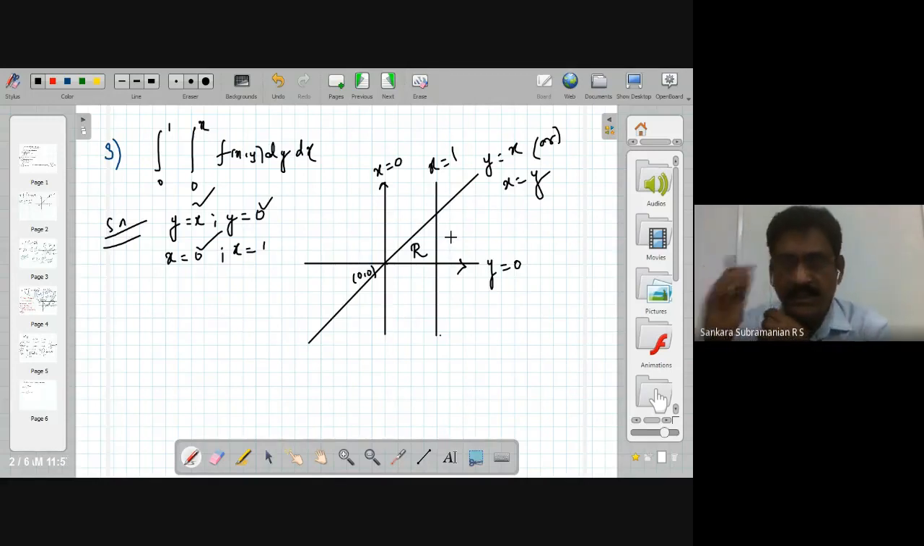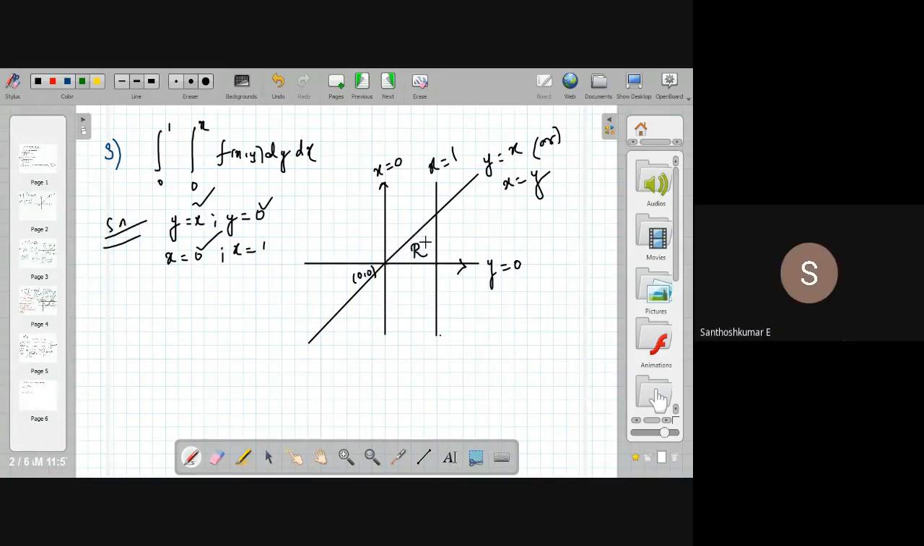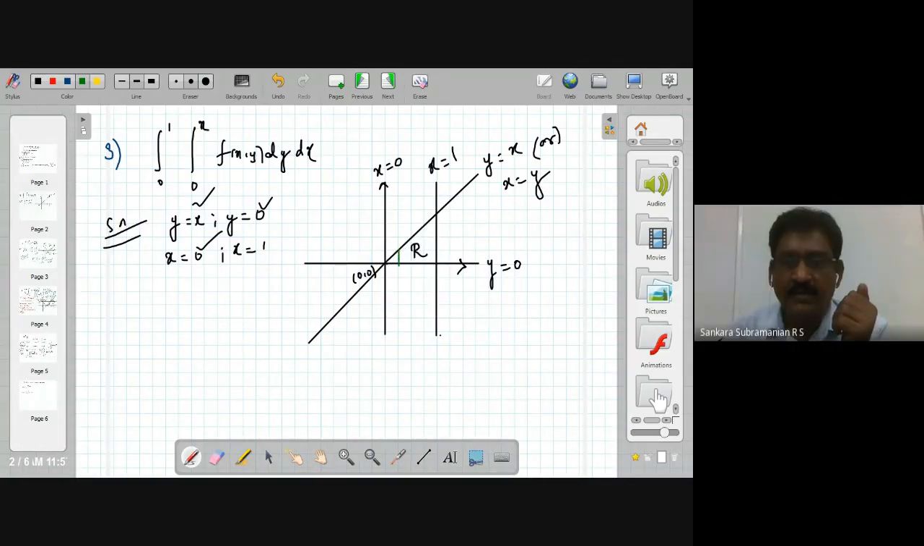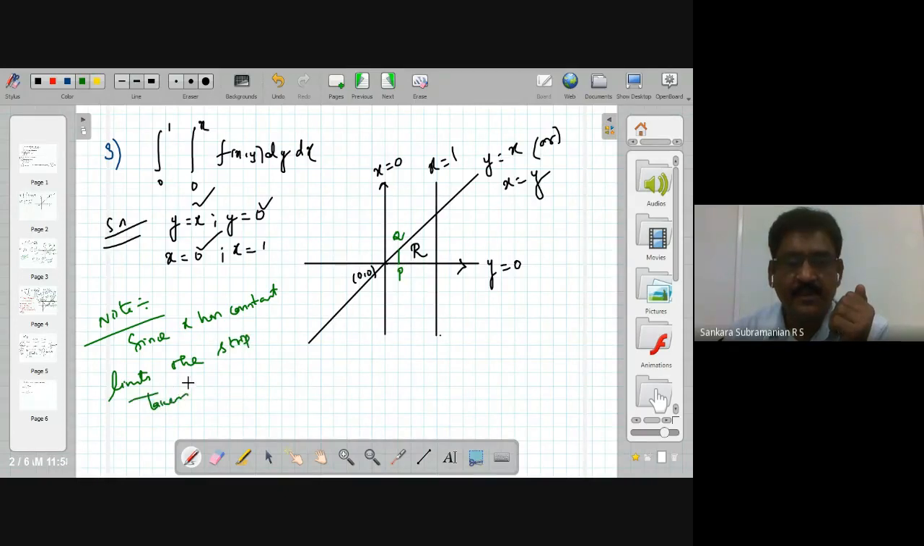Now, how will you change the order of integration? What limits have they given here? Now x has constant limits. So therefore, the strip taken is PQ. Please note it down. Since x has constant limits, the strip taken must be